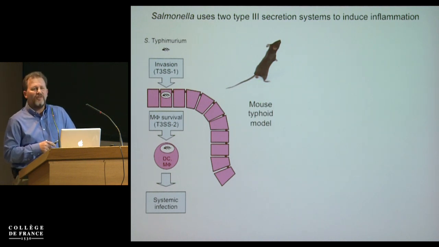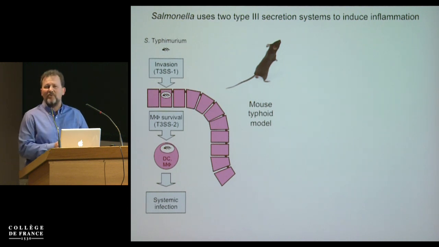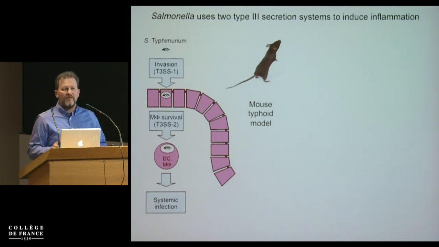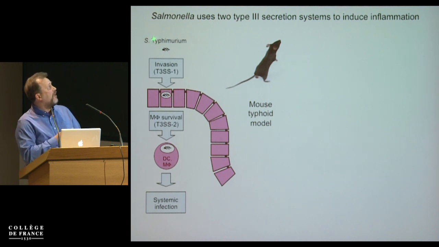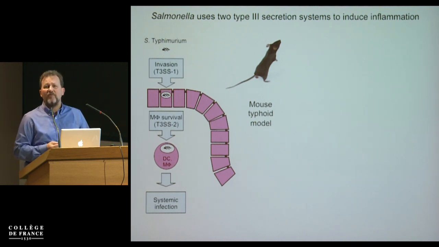And the dirty little secret of Salmonella pathogenesis is that the mouse develops a very different disease than the human. The mouse gets a bacteremia with very little intestinal inflammation, whereas the human gets a localized gastroenteritis. So we don't get bacteremia, at least if you're immunocompromised, when you have non-typhoidal Salmonella, which is Salmonella typhimurium, the